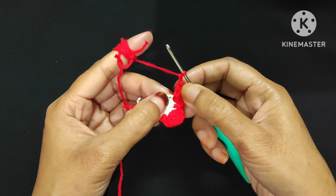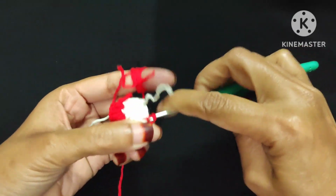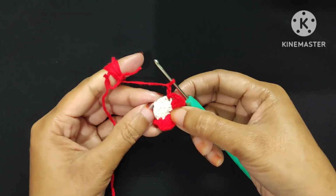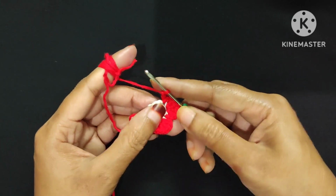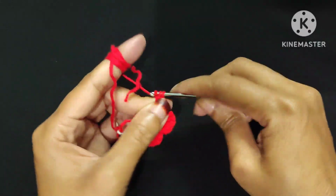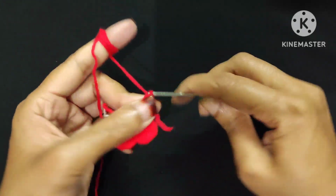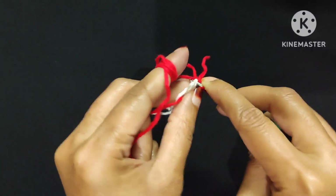and now I will make one slip stitch into the top of the next double crochet, one slip stitch. Now chain 2, 1, 2 chain stitch, and now I will make 2 double crochet, chain 1 and 2 double crochet into the top of the next double crochet. 1, 2 double crochet. Now chain 1, 1 chain stitch, and now I will make 2 more double crochet into the same stitch,